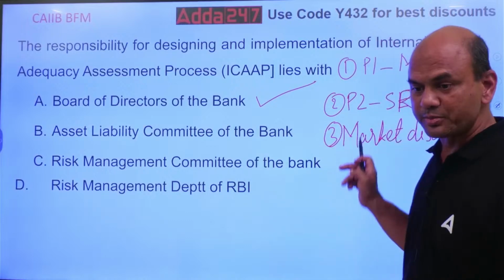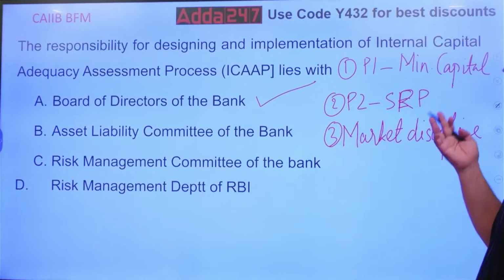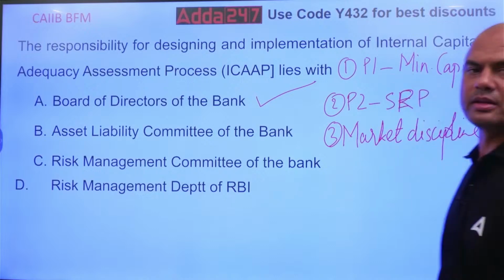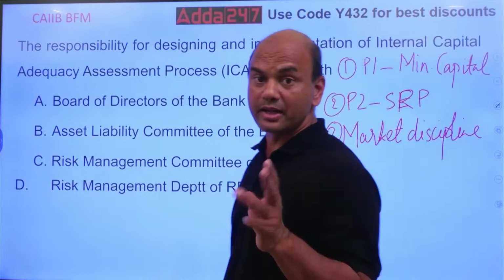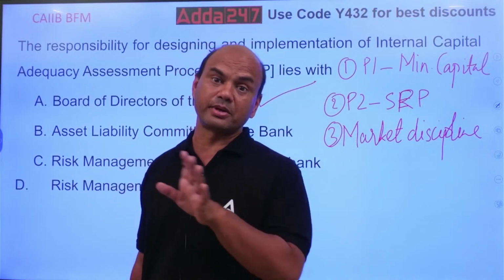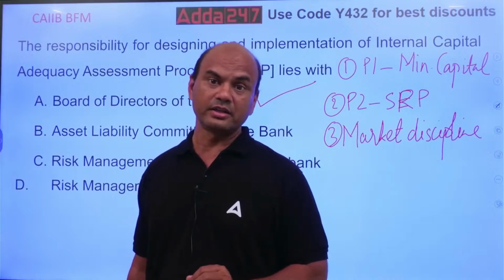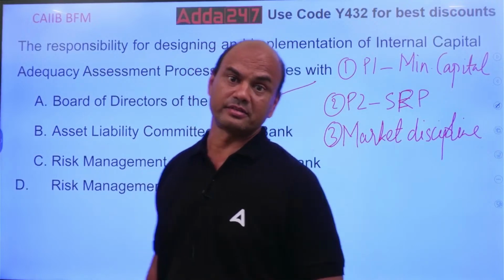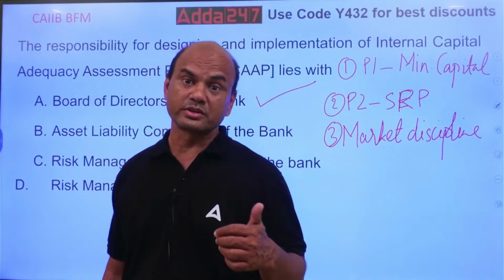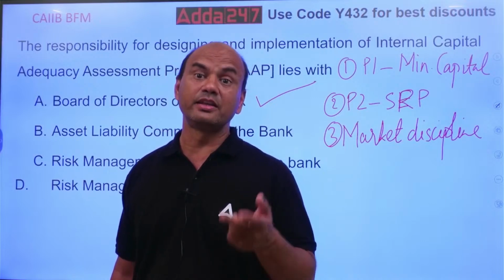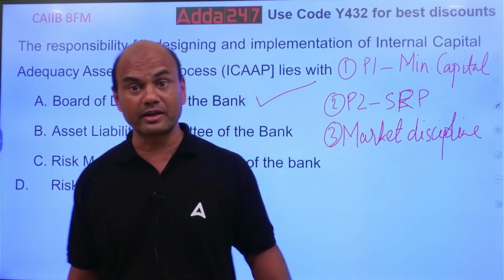Now let me come to this point. As the question has come, let's discuss this. P1, minimum capital. Minimum capital requirement is generally of three types, three parts: credit risk, ops risk, market risk. Okay. Now Basel III has added 4 ratios in that: Cook's ratio, CRAR, LCR, NSFR, leverage ratio. 4 ratios have been added in this.